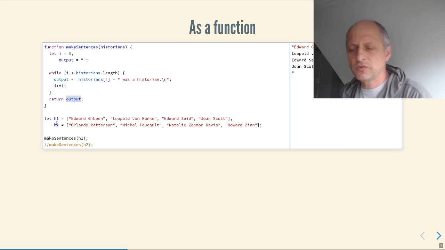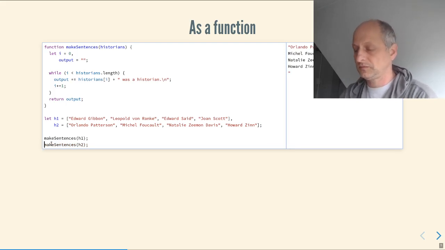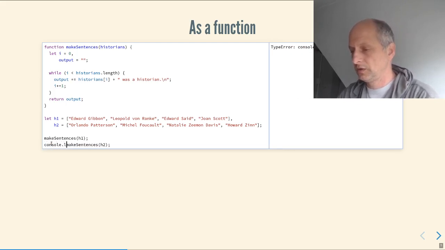We have two array variables. One is a first set of historians, and the other is a second set of historians. If I run make sentences on the first array, we get these sentences as written here. Edward Gibbon was a historian, Leopold von Ranke was a historian, etc., etc. And now I'll run it on the second set, and we get a new set of sentences. I can also log that value to the console,